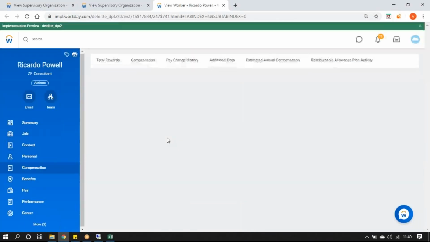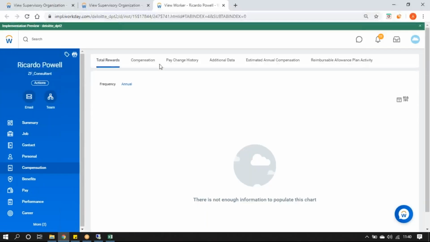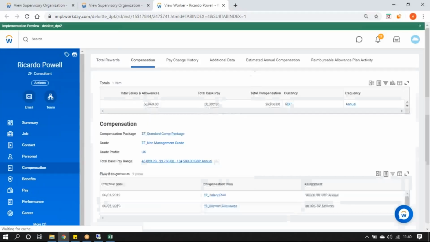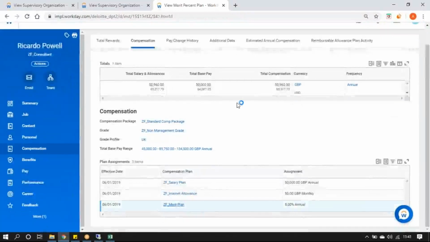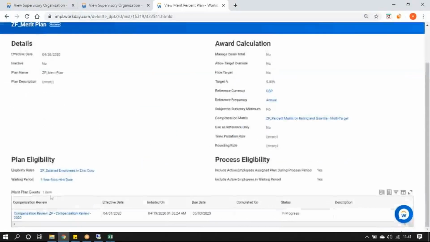Let's look at his compensation. So if I look at the merit plan assigned to him, here I have defined the eligibility criteria, minimum 1 year. Sorry, here I have defined the waiting period saying minimum 1 year from hire date,